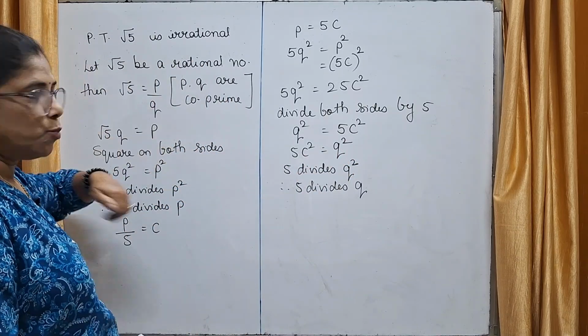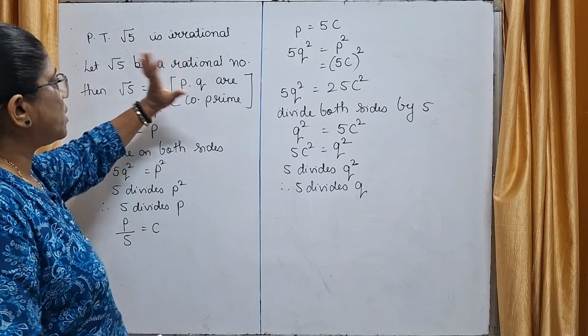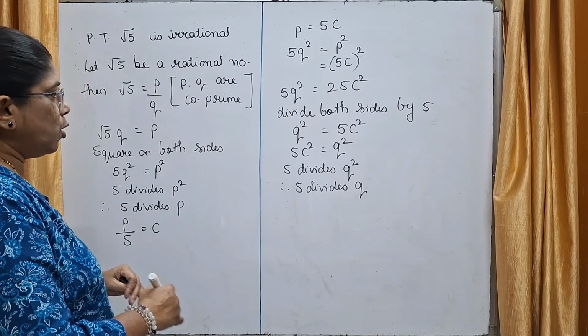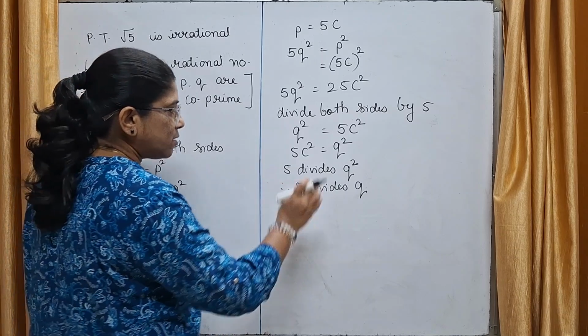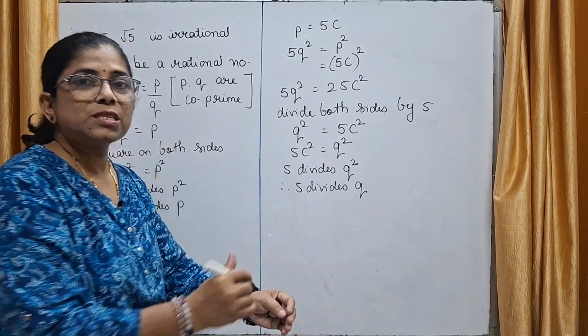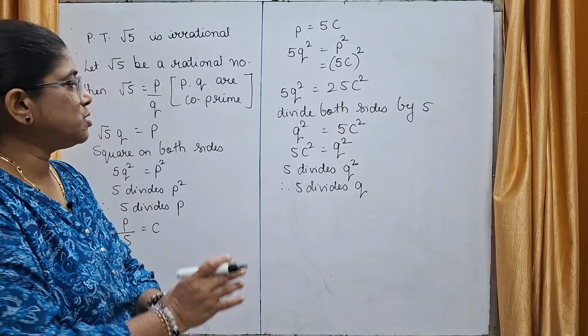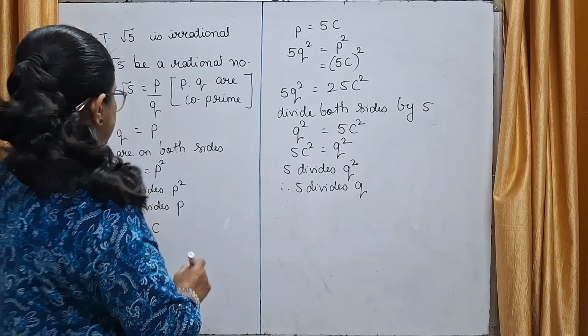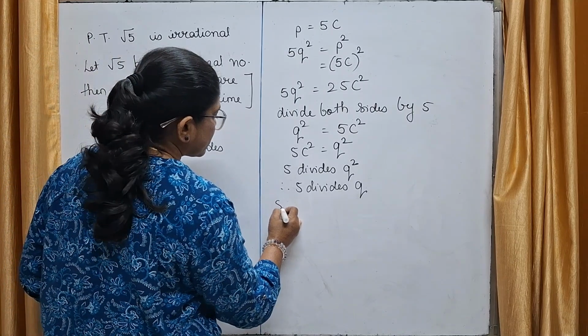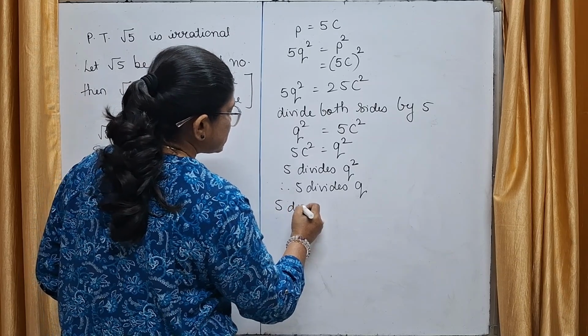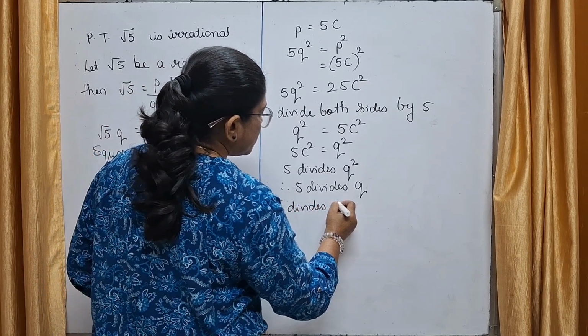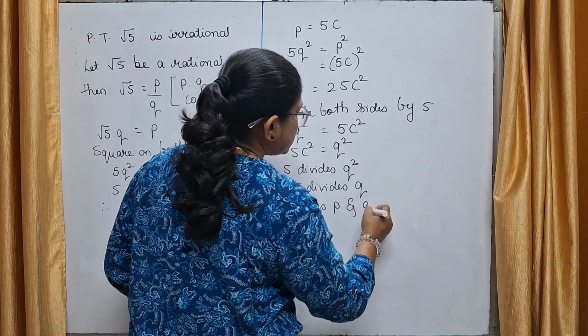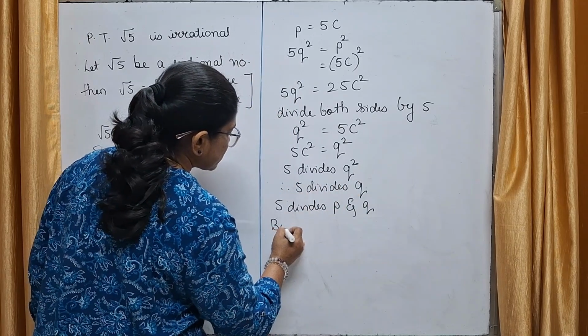But what did we assume here? That P and Q are co-prime. But we got that 5 is one more factor for P and Q. Means this is contradicting our assumption. This contradicts our assumption. So here 5 divides P as well as Q, but